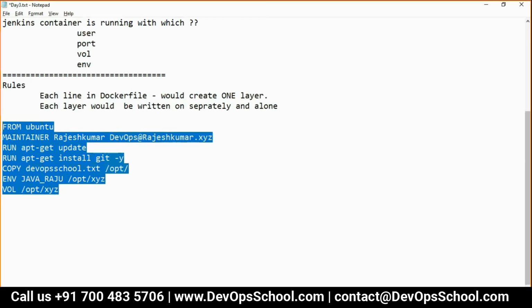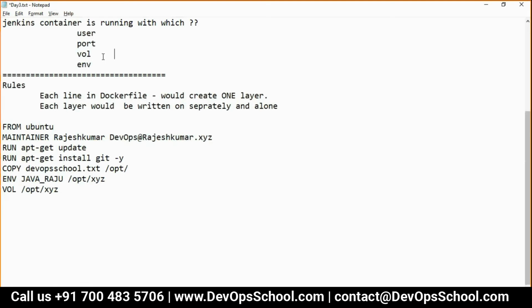So the rule is each line in a Dockerfile would create one layer. You see here: FROM Ubuntu as base image, MAINTAINER, RUN, COPY, ENV, VOLUME. All these things you require to run applications, right? This is done. So are you able to understand the Dockerfile now?